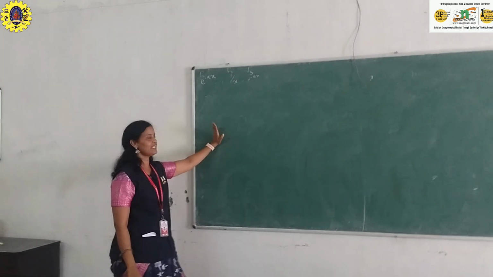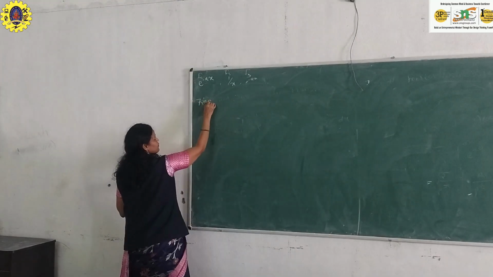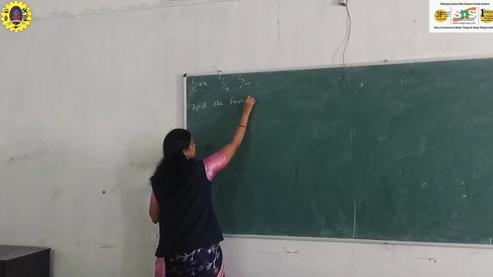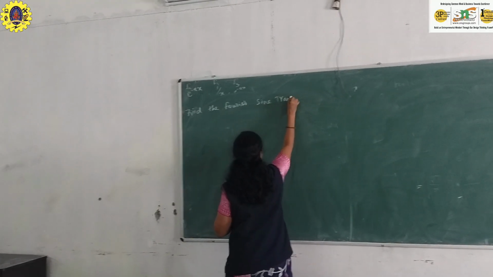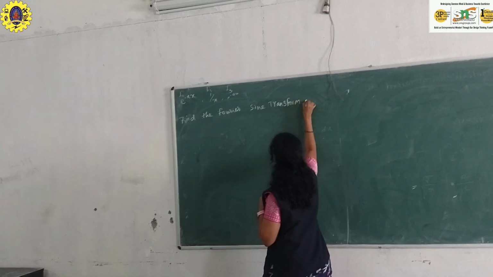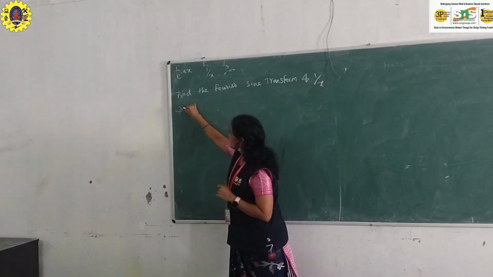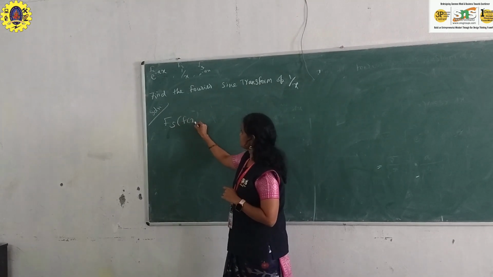Fourier sine and cosine transform, right? So now let's see the problem. Find the Fourier sine transform of 1 by x. You know that Fourier sine transform of f of x